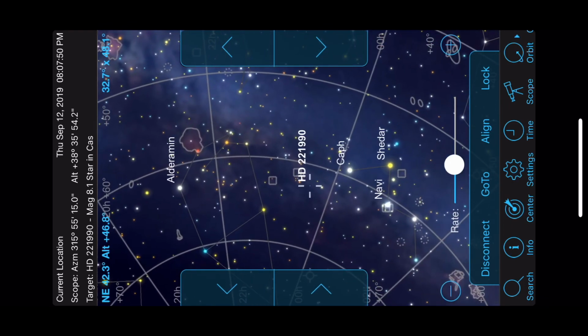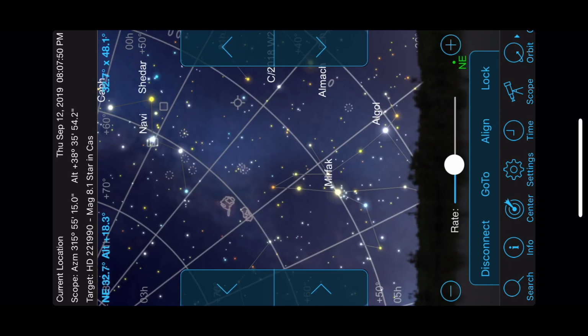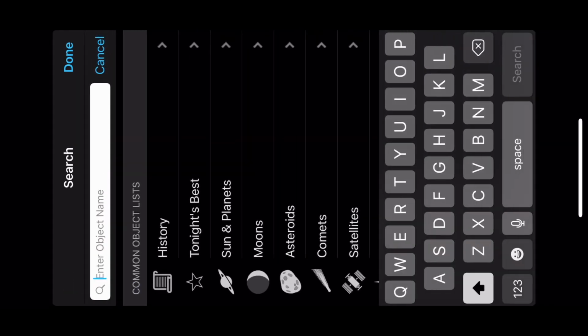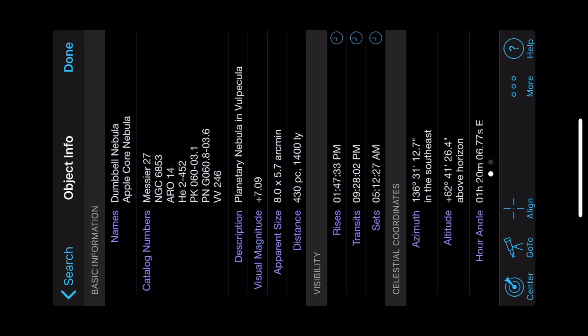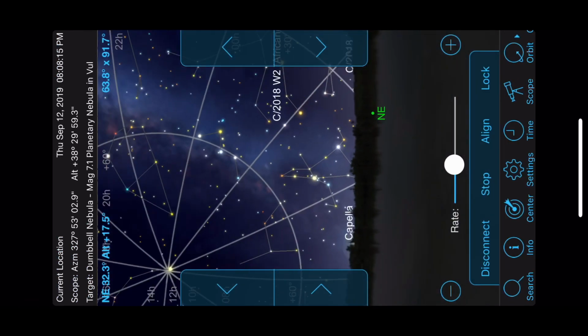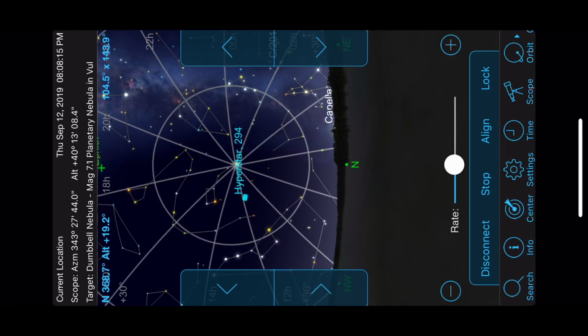Actually, for this exercise, I'll just go to something bright. So I'll go to the Dumbbell Nebula. And then at the bottom I click go to. Now you'll hear the mount slewing. You'll also notice that